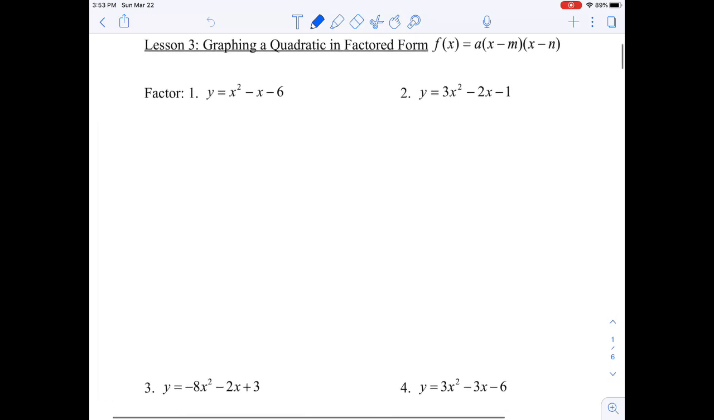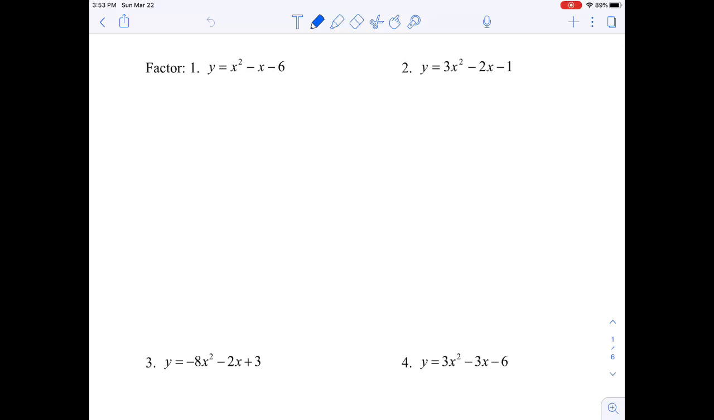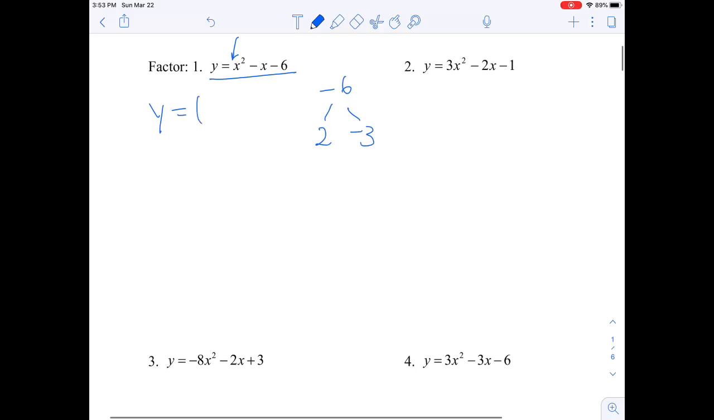If you recall, if you have a quadratic in the form of the first one here where the a value is 1, it's very easy. I just need two numbers that multiply to -6 that add to -1. And we can see that that's 2 and -3. And all I have to do is put that in for what we called the m and n values. So in this case,